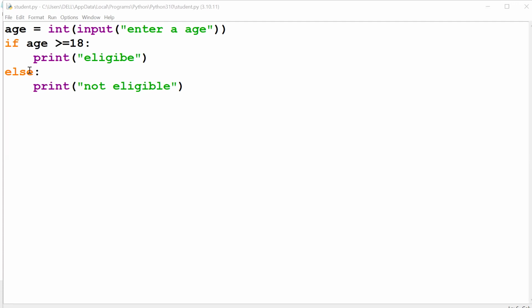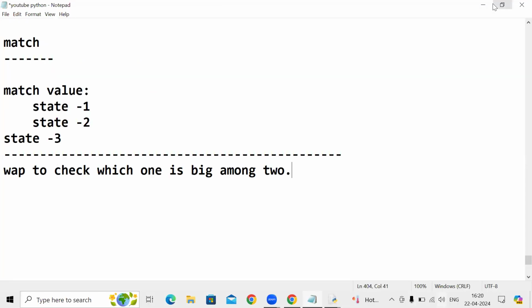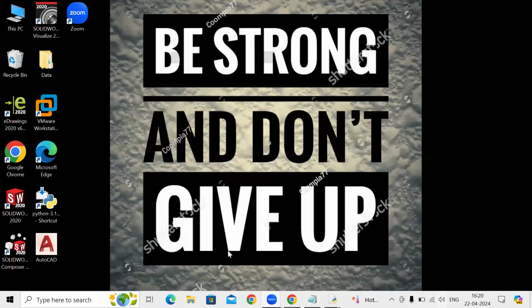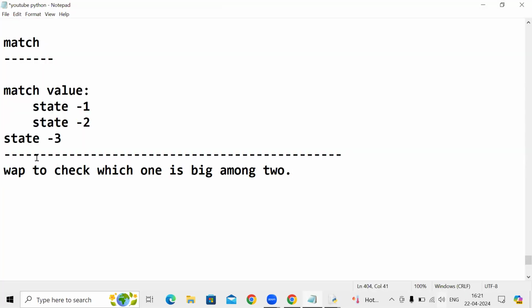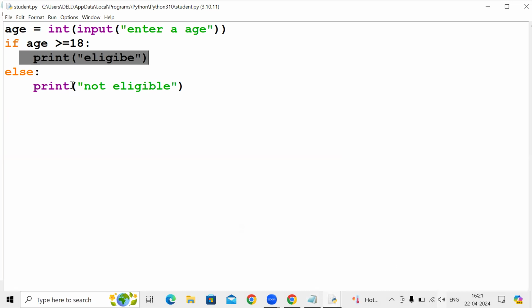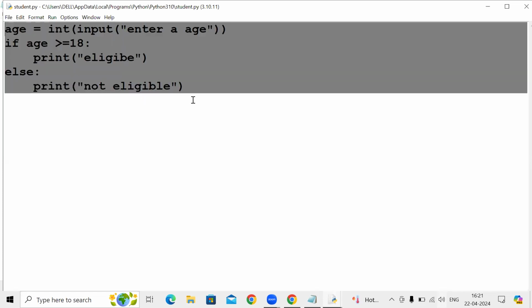Here I am taking one more example, based on two numbers. Just now I checked that among two numbers. Here I performed an age condition by using if and elif. And suppose again, if I want to give one more example,